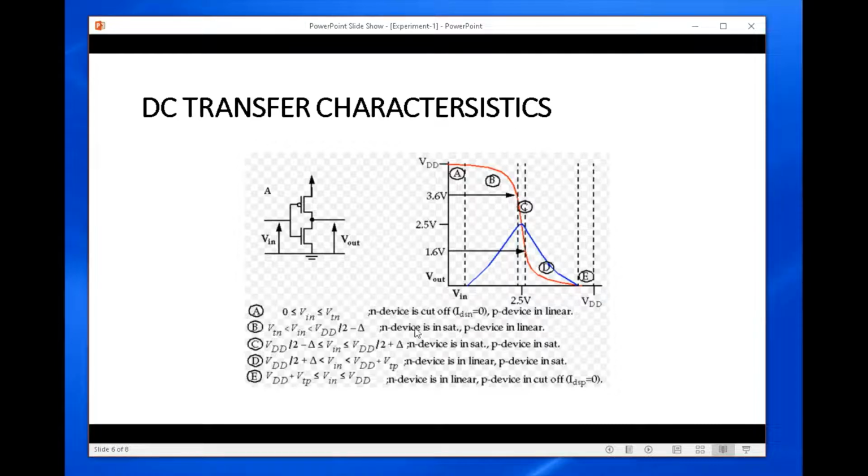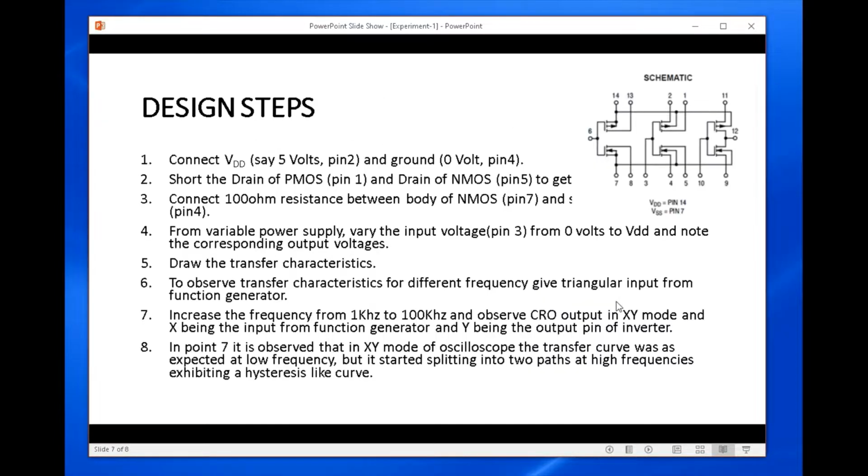Then in the second region NMOS is in saturation and PMOS is again in linear region, so the output is still quite high but starts to drop. Then near 2.5 V, or depending on their threshold voltages, this transition curve will be shifted around, and similarly for the other half, only with the roles of NMOS and PMOS reversed.